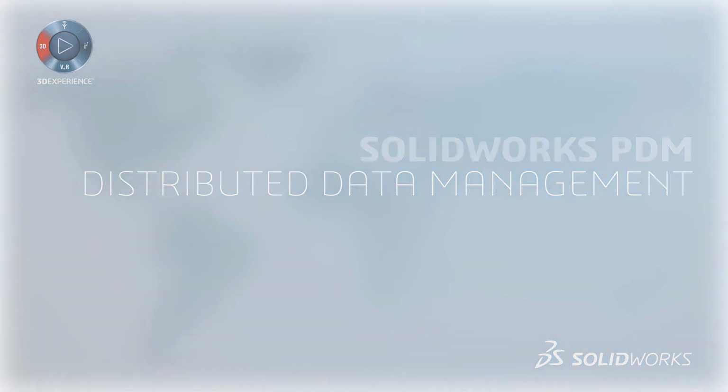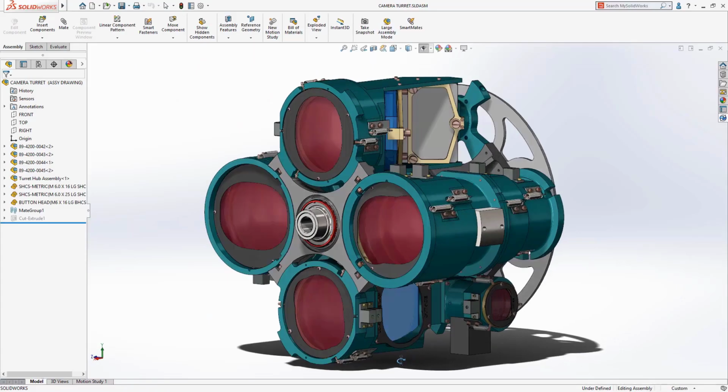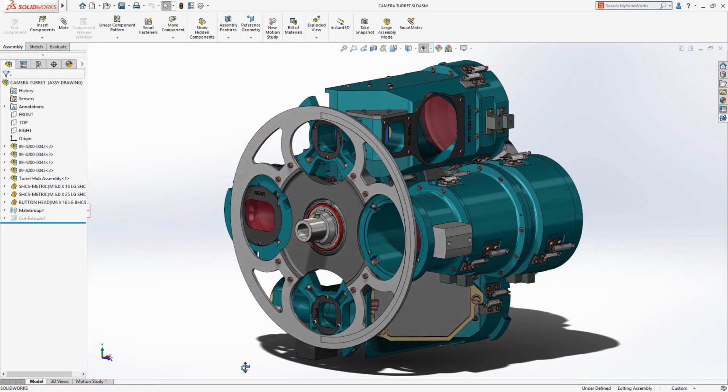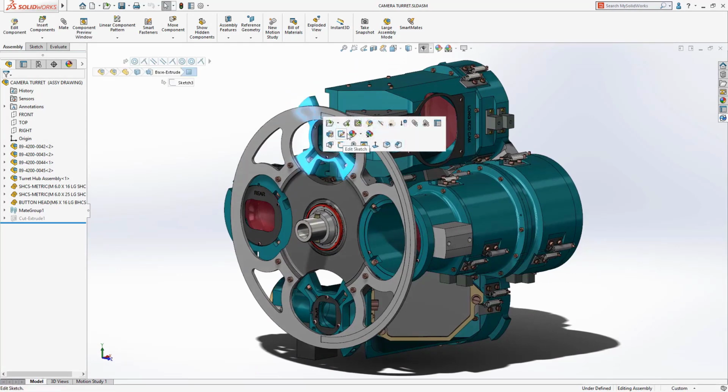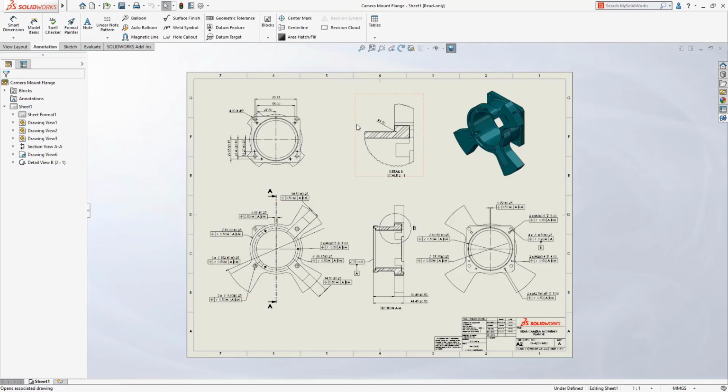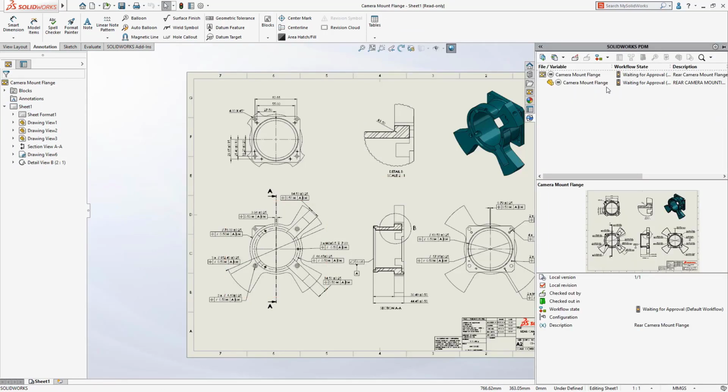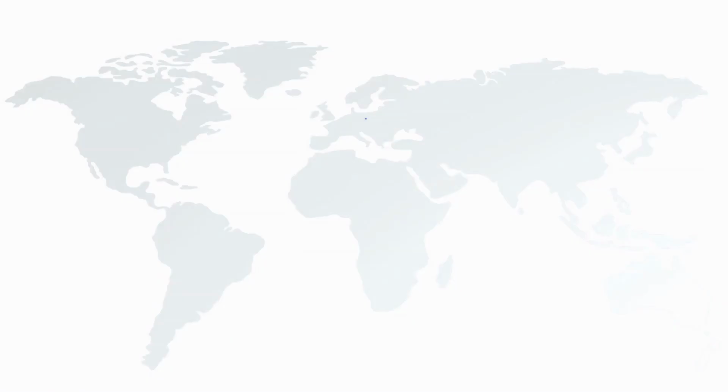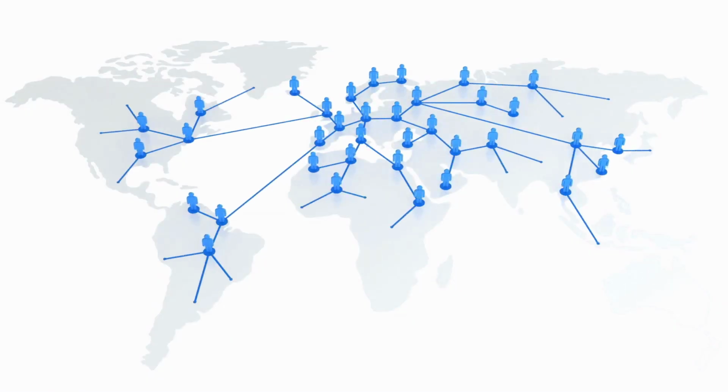Managing engineering data will always be a challenge for any equipment manufacturing company. To overcome these challenges, SolidWorks and Enterprise PDM enable you to set up your own product development workflows and keep all your team members in sync and connected, even if they are spread across multiple locations.